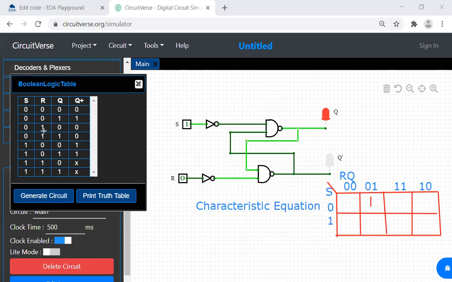Next 0, 1, 0 is 0, so I can ignore. 0, 1, 1 is 0, I'll leave it. Then 1, 0, 0 is a 1. 1, 0, 1 is a 1. 1, 1, 0 is an X, and this is also X. Now you have to solve the K map.